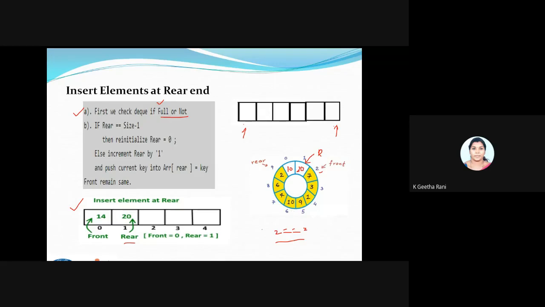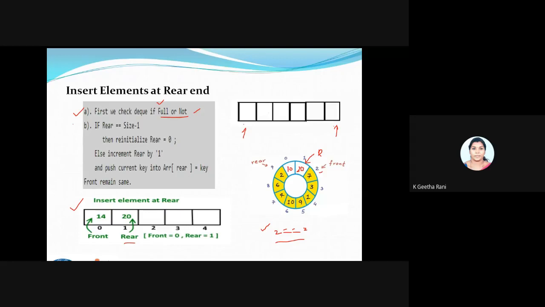So this is one more condition to be added if I'm going to use a circular array concept. For a normal array, I will just check whether my rear has reached the maximum size of my array. For a circular array, you have to add one more condition: is my front equal to rear plus 1. If this is the condition, I will tell the queue is full. I can't add anything inside this queue. I'll show you the code for it in the programming logic. So you can just keep it in mind. These are the two conditions we have to check.